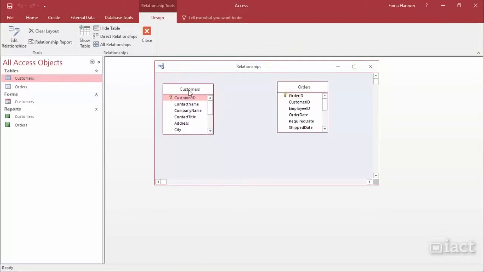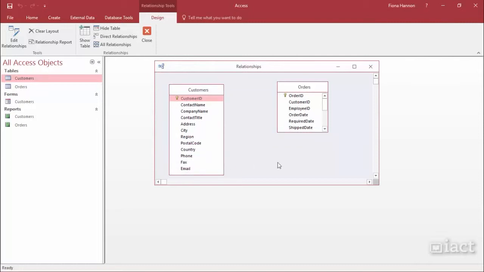They can be moved by dragging the name of the table to the left, right, up or down, and we can also increase the size of the table's visibility by going in and dragging, for example, the bottom point of the table. So here I can see all of the fields in the customers table and all of the fields